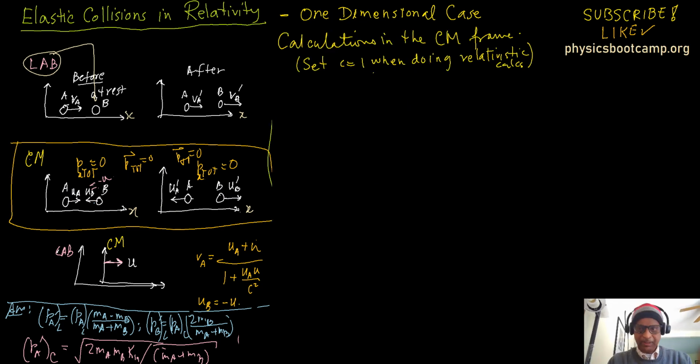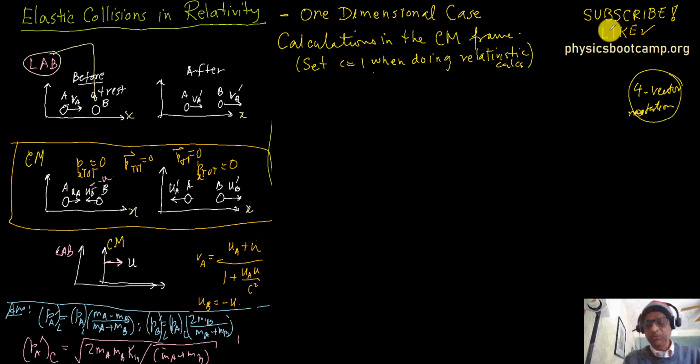Okay, let's see some of these calculations in the center of mass frame. Even this calculation is not the right way of doing things. We will pretty soon introduce 4-vector notation, and when we do 4-vector notation, much of this algebra will become very trivial. And we can do a lot more with 4-vector notation, because once formulas become simpler, we can manipulate them so much more easily, right? Okay, but let's handle this.